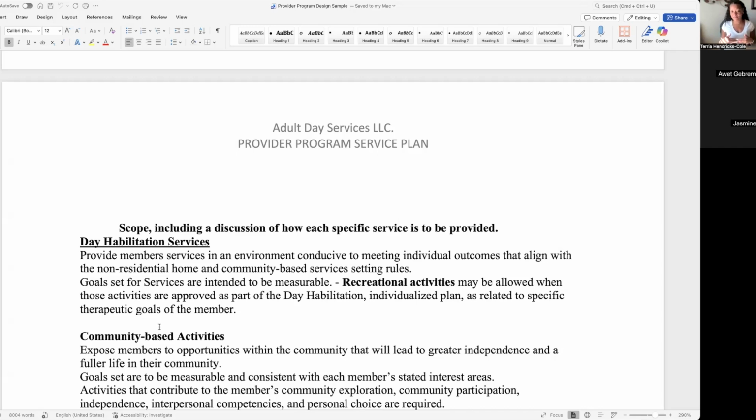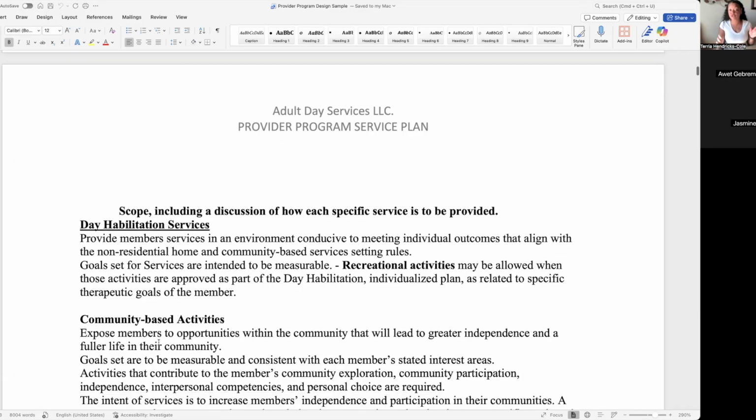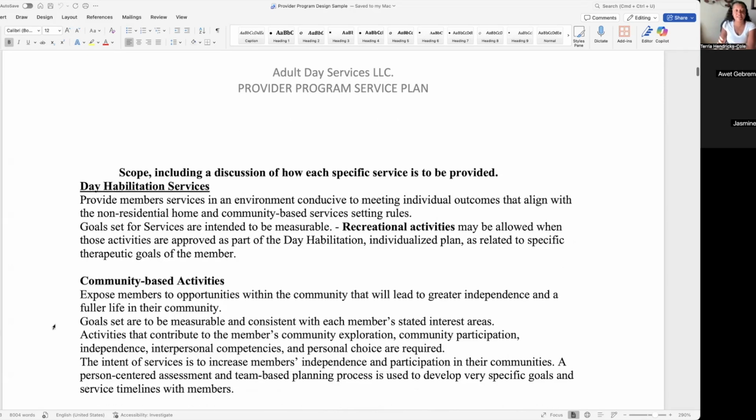When we get down to some of these other services, they're more unique in themselves, because a lot of agencies do not provide these other services we're going to dive into. But socialization is the most common service across the board. So if you're going to go with the socialization service, make sure the activities you offer are very unique, very different. The more unique you can be, the better you'll stand out from the rest of the agencies.